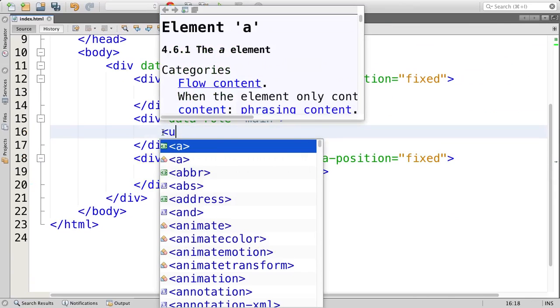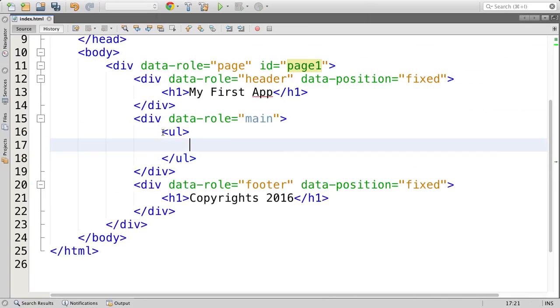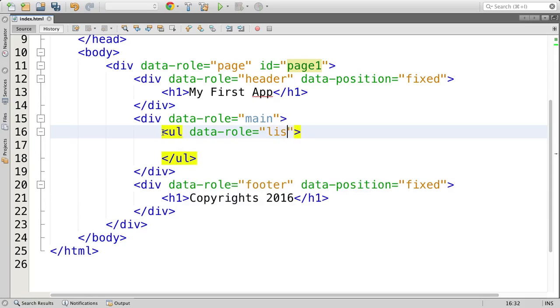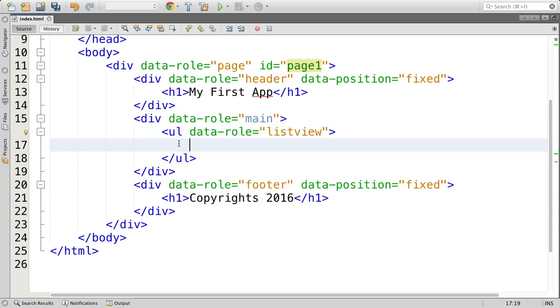Now let me put an unordered list over here. Data role this time is going to be list view. And the list items are going to appear. These things you already know, but the data role attribute is actually making all the changes. Data hyphen, because data is a pseudo tag in HTML5, and these things are further added by jQuery Mobile to identify the DOM and apply the style sheet or whatever design defined in the CSS file. A hyperlink,